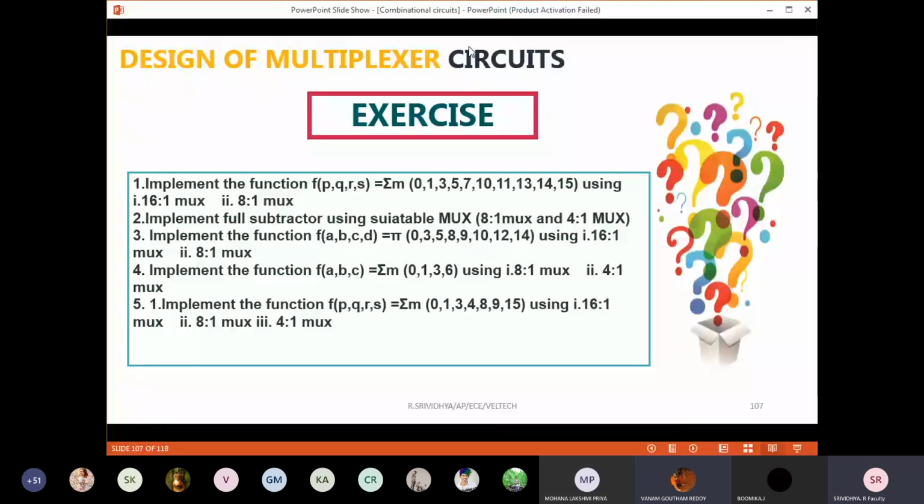So this is the task for the day. 5 problems I have taken. So what all I have taught you, we will just discuss. Just hint wise I will discuss with you all.